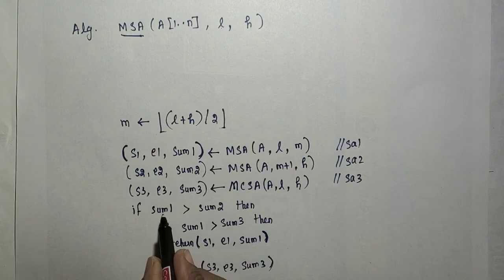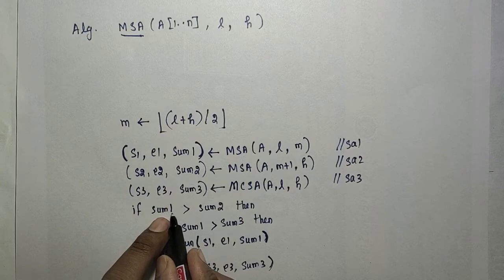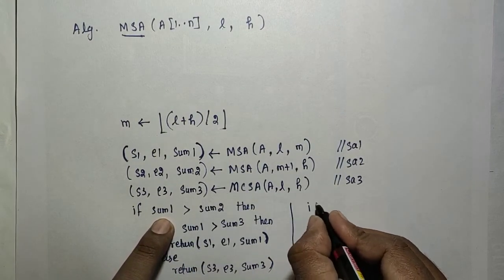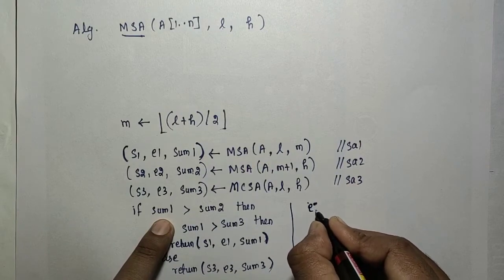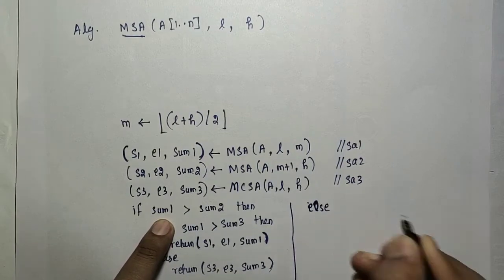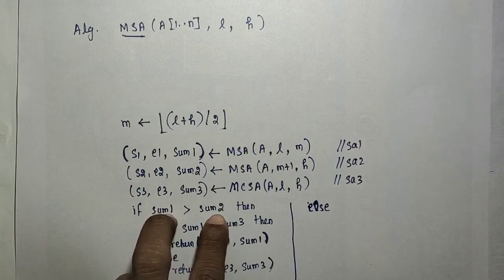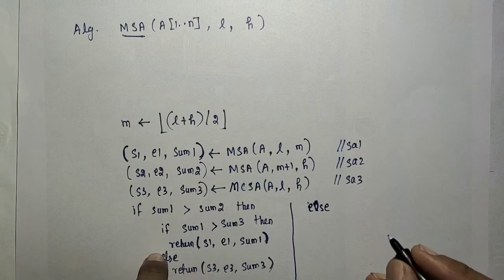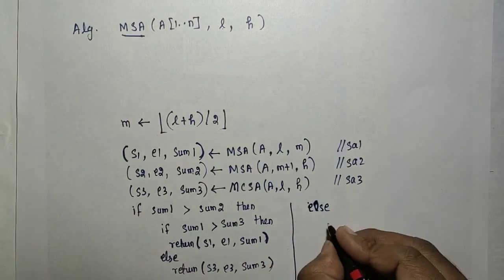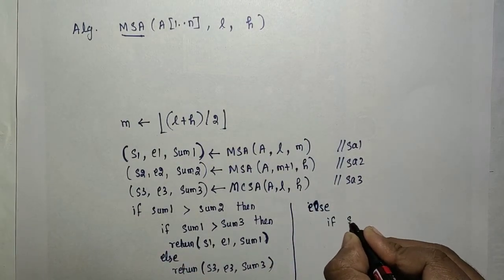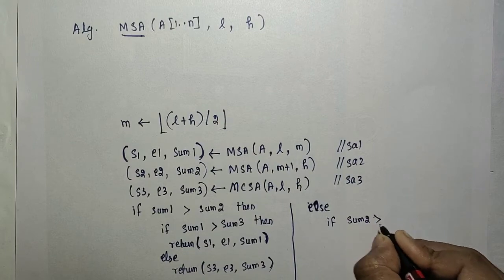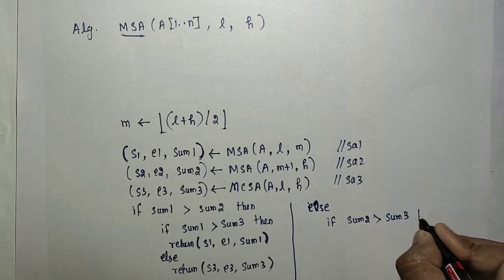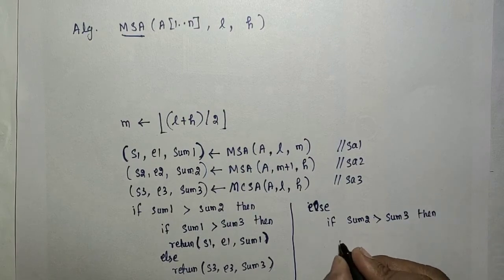Okay, otherwise, that is if sum 1 is less than sum 2, I need to go for what? Else means sum 2 is greater. Now sum 2 has to be compared with sum 3. So else if sum 2 is greater than sum 3, then sum 2 is greater, so return